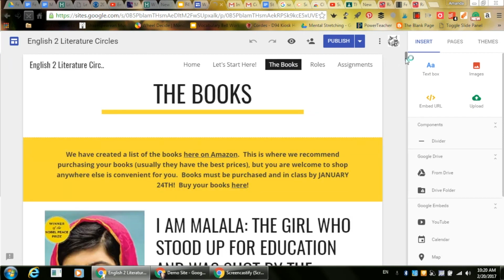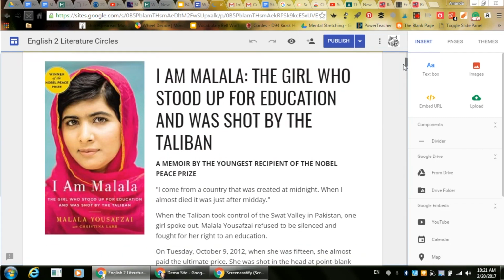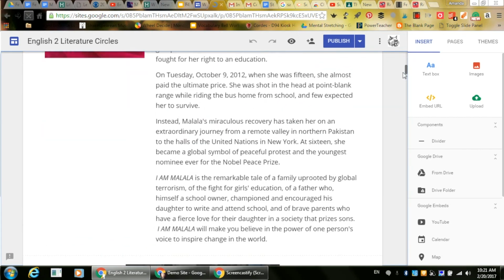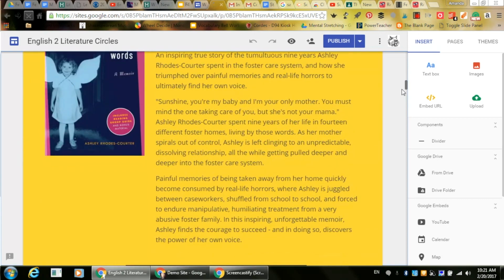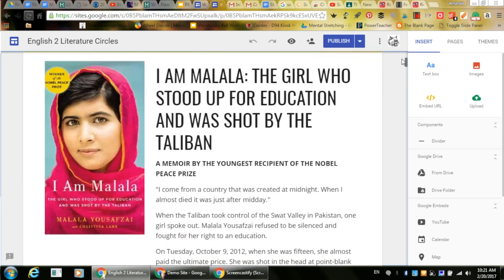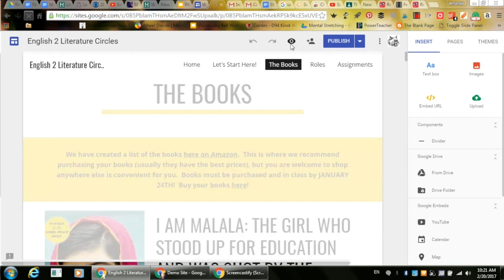This was really easy to build. It looks so professional, but it really didn't take very much time at all. So I've got a picture of the book. I've got the title. I've got a little summary and a video at the end for all of the books students were choosing from. So if I were to show you what the students saw,